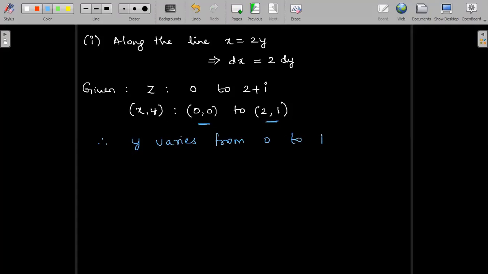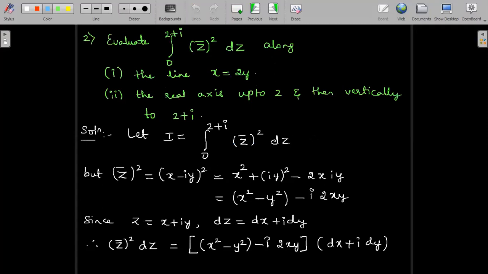Observe, y is varying from 0 to 1. x is varying from 0 to 2, I know. But I would like to write down the limits for y because x is represented in terms of y everywhere. And we will have the entire expression with respect to the variable y when I substitute into the given integral. The given integral is called I, and is already represented by I. So let me call this equation 1 for convenience. Now we will be substituting into equation 1.